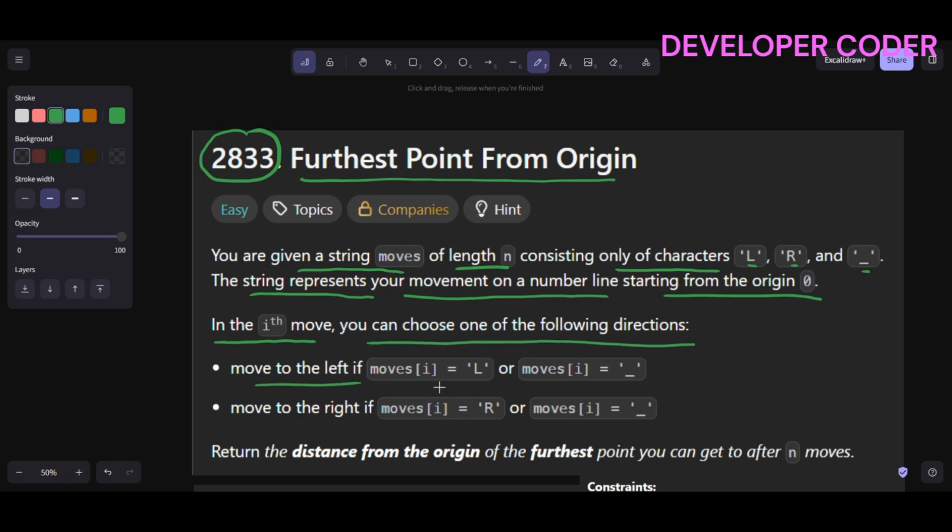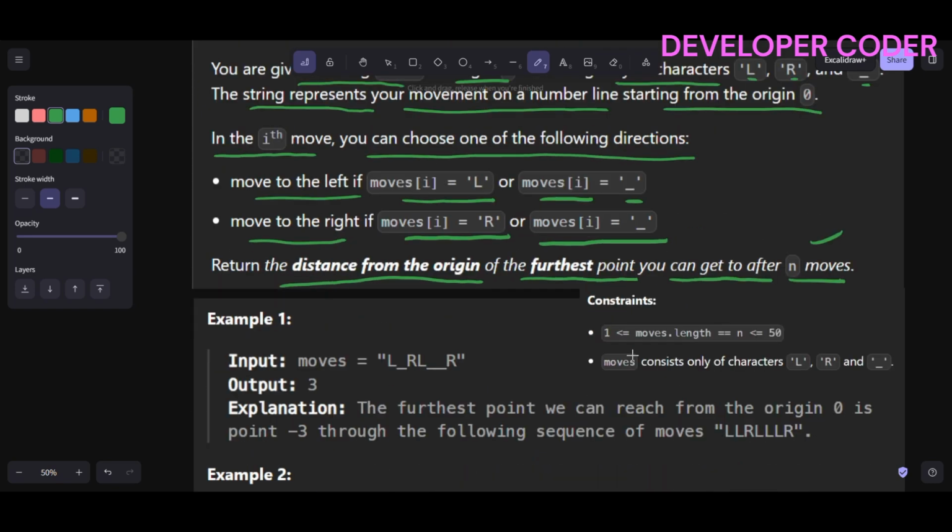So you can move to the left if moves of i is equal to L, or if moves of i is equal to underscore. You can also move to the right if moves of i is equal to R, or if moves of i is equal to underscore. Right? We have to return the distance from the origin of the furthest point you can get to after n moves. Very easy problem. Here these are the constraints, so very small, and moves consist only of characters